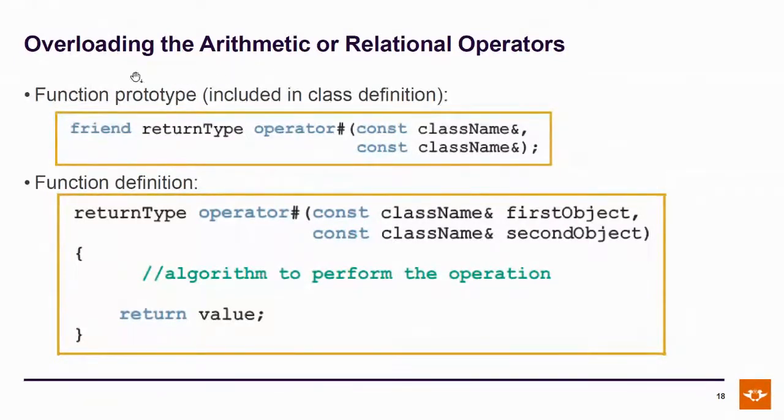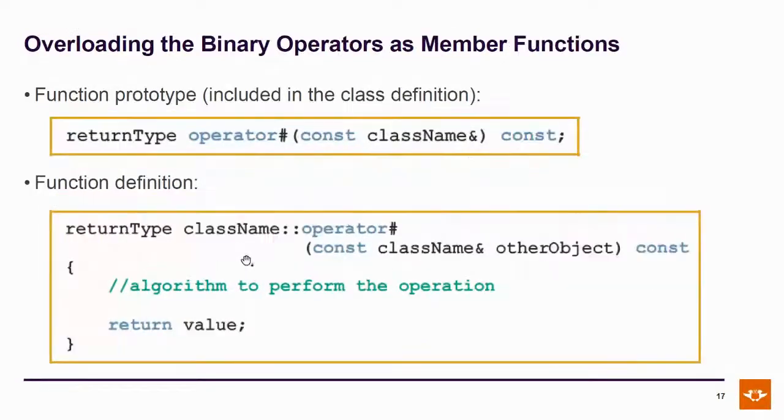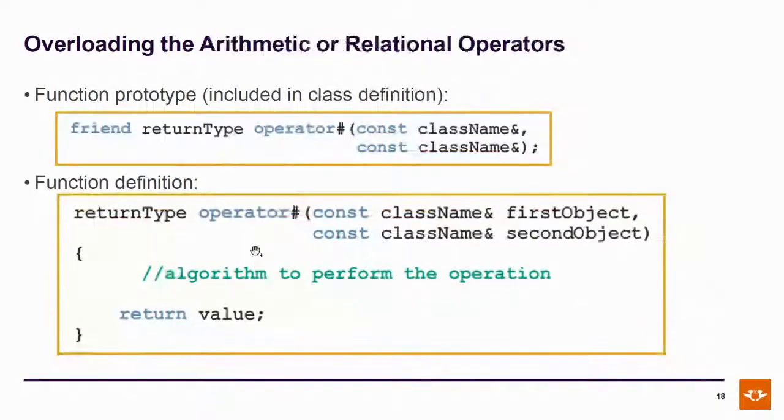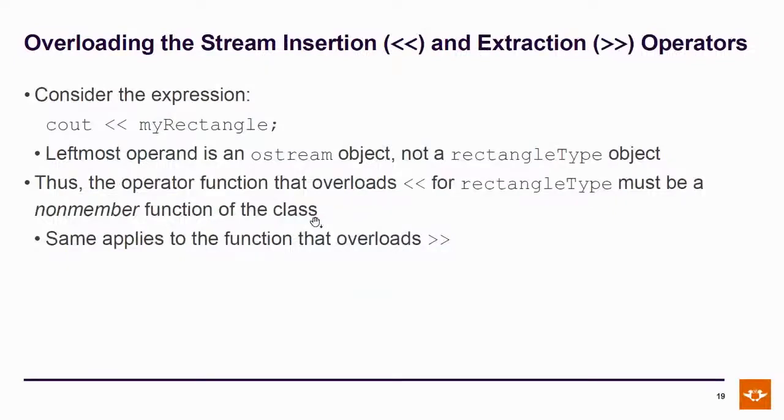If you're doing it as a non-member function, you have to specify both the left-hand side and the right-hand side. Again, not necessarily classes. They could be other types as well, but it's most common to define how you're combining instances of your class, and then do whatever you need to do and return at the end. The difference being, of course, that here we can use this. This doesn't make sense in a non-member function because we're not part of the class.